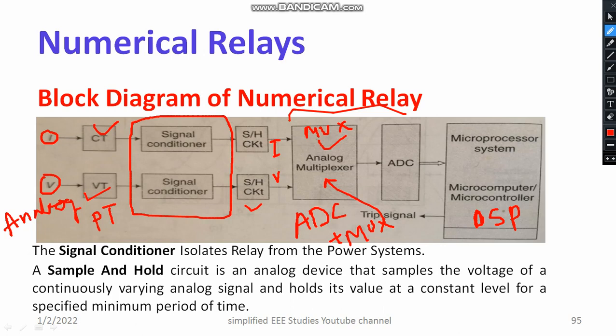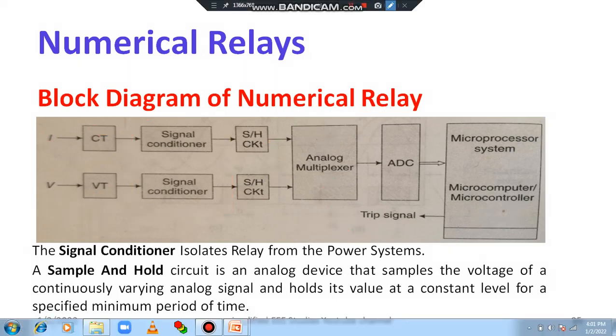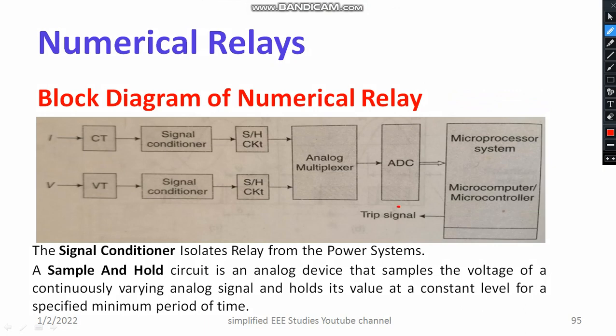Here there should be already an algorithm that is going to be added in the microprocessor. How does the microprocessor communicate? Obviously, there should be a communicating interface, and also it works based on the algorithm. Certain algorithm will be already stored inside microprocessor or a digital signal processor. So whatever the signal you receive from ADC, based on the input, the program is going to operate. The program decides whether tripping signal need to be generated or not. Suppose if the program decides that relay has to be tripped, the tripping signal will be generated.